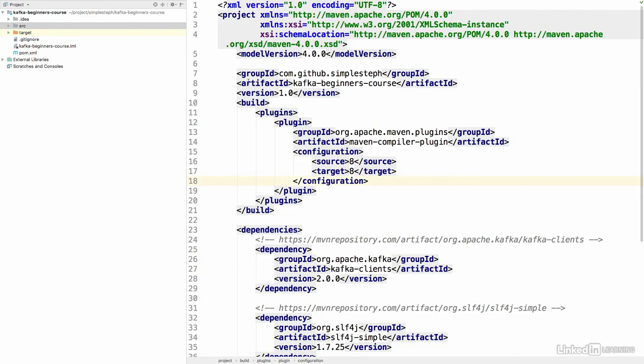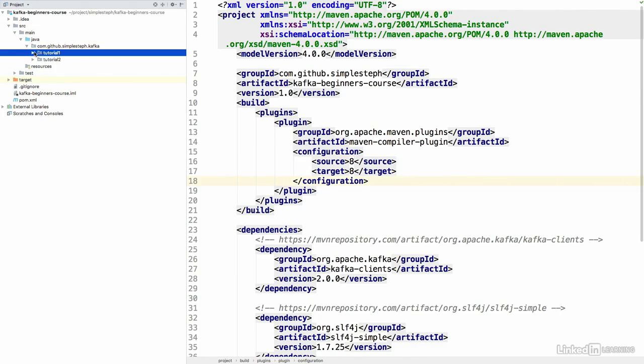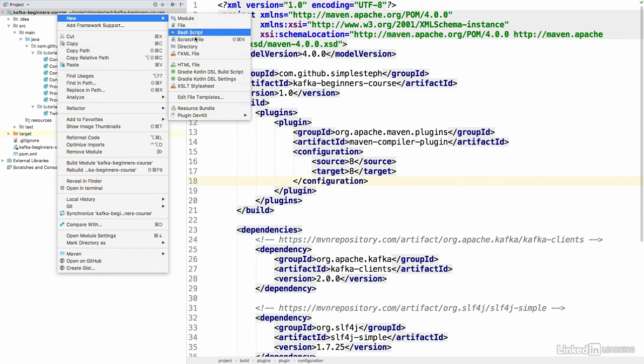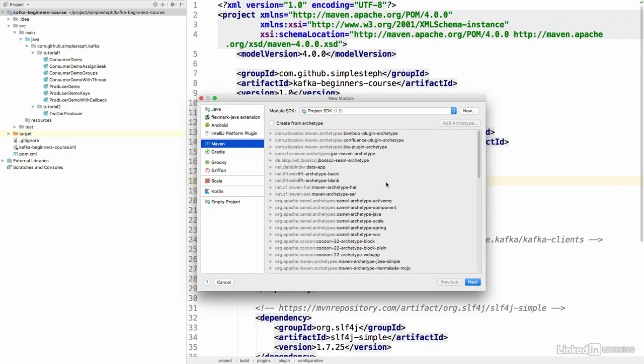Okay, so now we are at this stage where the code is getting quite big, and as you can see in the source folder, we have two projects. We have tutorial 1, which is all the Kafka Java basics, and then tutorial 2, which is for Twitter. I actually like to keep projects separate, especially when you do big projects, and having dependencies in several different pom.xml files. So what I'm going to do is create a new module, and this one I'm going to click